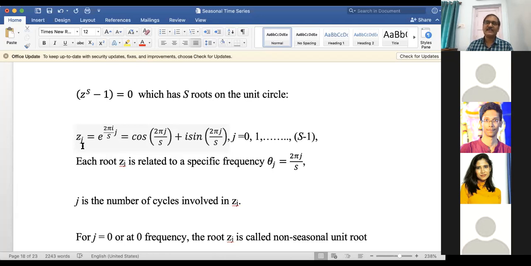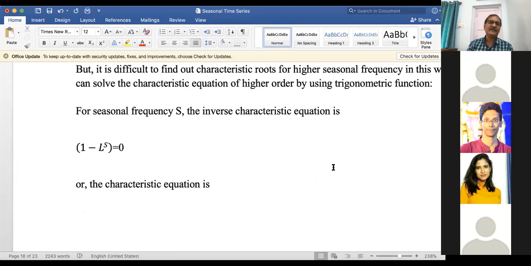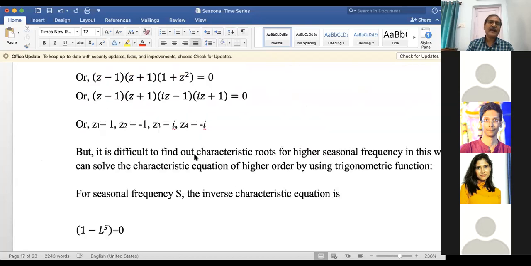Although we are considering the autoregressive component by considering only the seasonal component, if we try to understand, your data starts with a particular point, seasonal point, and moves over the season, over the years. So the unit root at zero frequency, or the characteristic root at zero frequency, will always be equal to 1 in our case. Why is Zj equal to 1 at j equal to 0? Because we assume here phi 1 equal to 1.